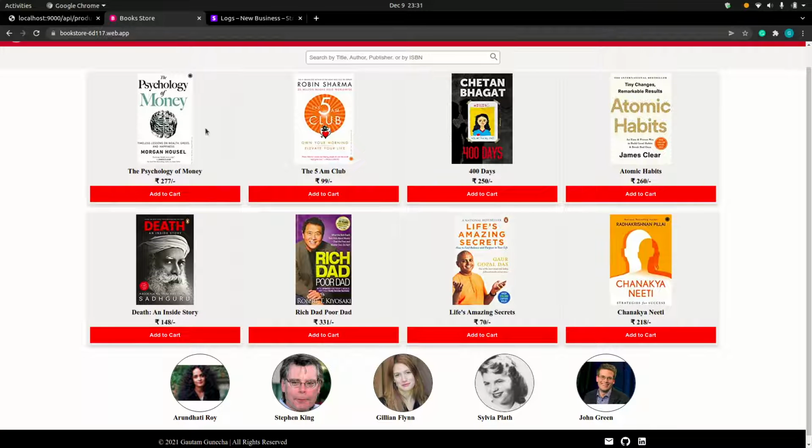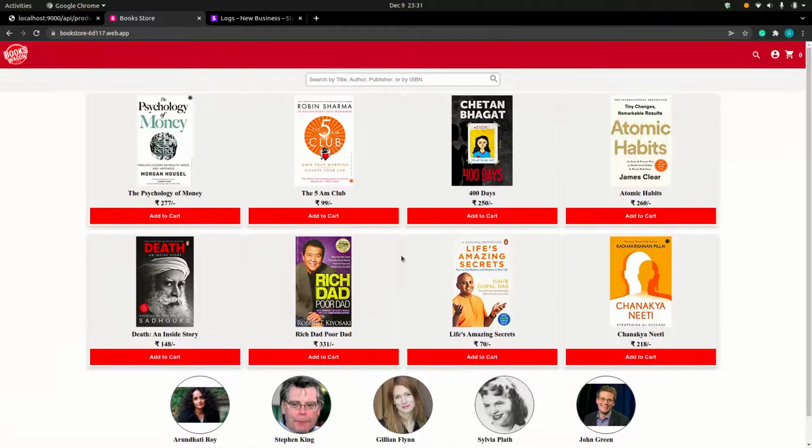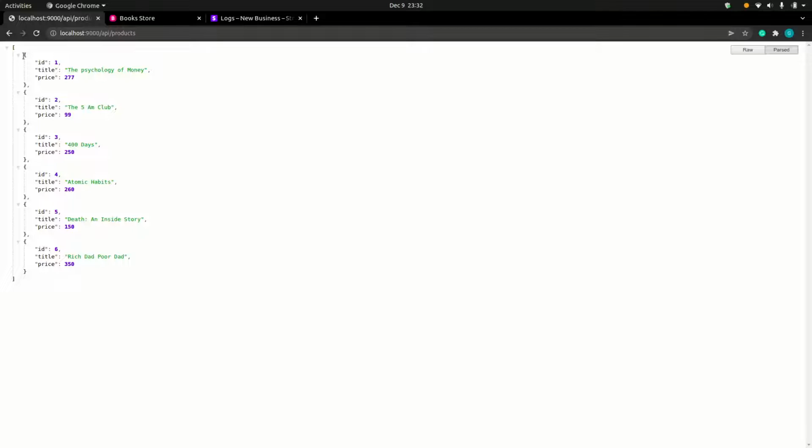Now in our app we can see that there are various books, like 8 or 10 books here, with author names. Suppose the user wants to access these books with prices, so I have created a simple API. We can see the ID, title and price.